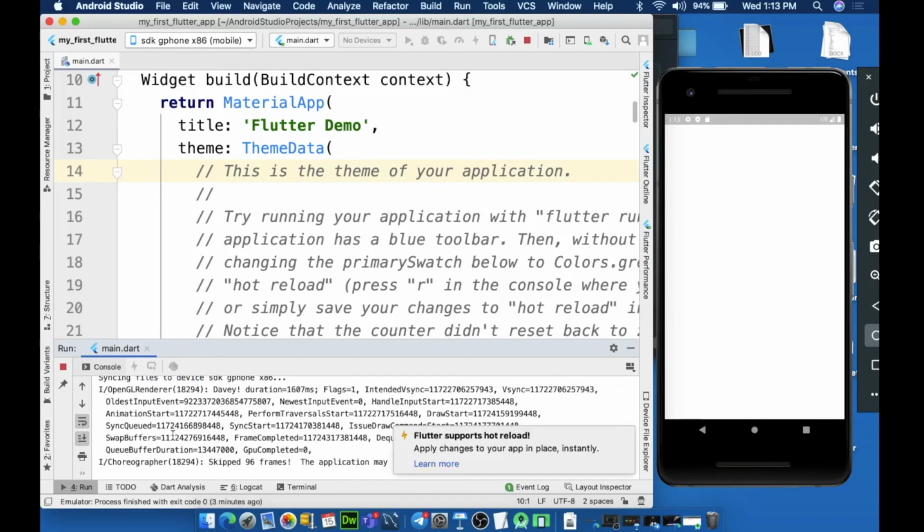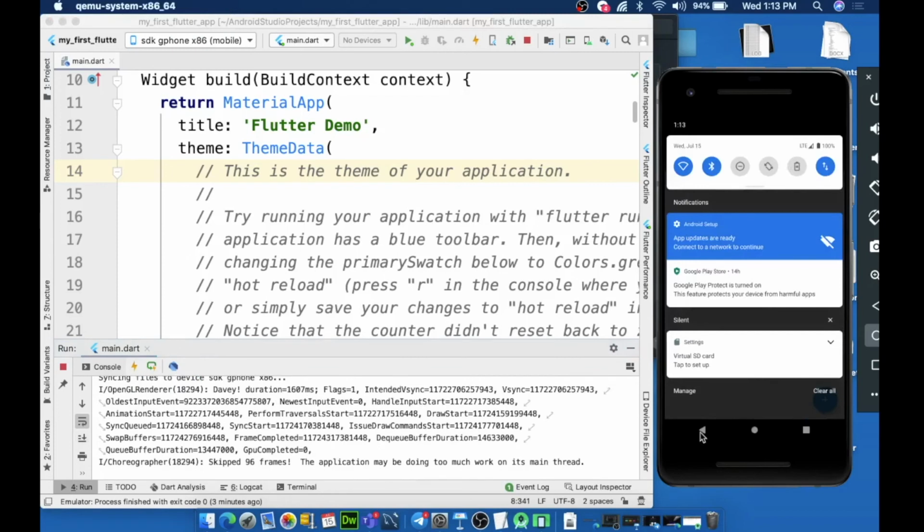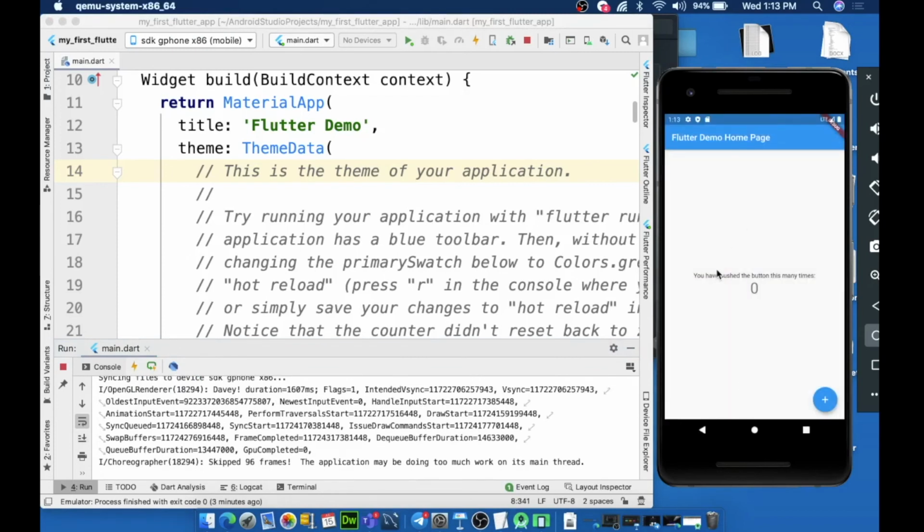Okay, meanwhile, I think the first app is ready over here. Let me show how this works. Do you see? This is the very first application which we've generated. We have not built it, we've generated. What this essentially does is when you hit this plus button, it will increase the count. Can you see that? Okay, let it install for you. Meanwhile, let me show you something else. Let me show you how the same application looks on iOS.